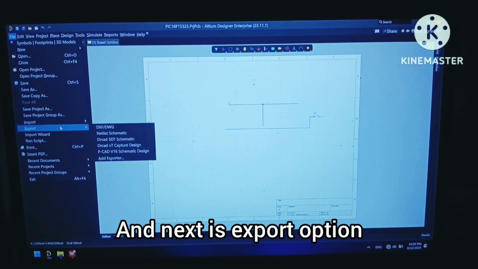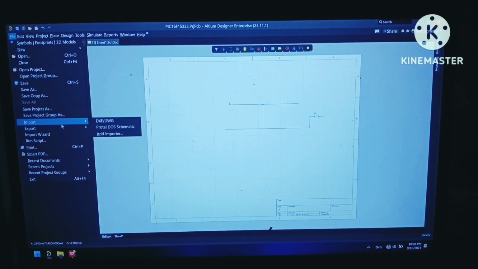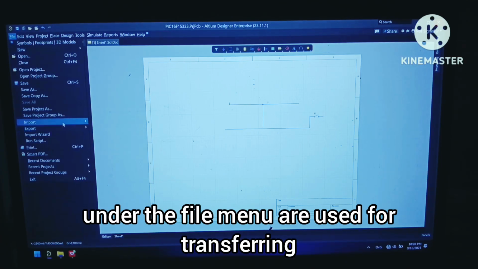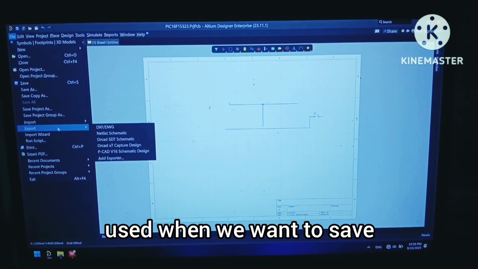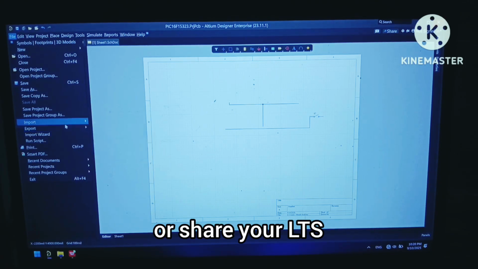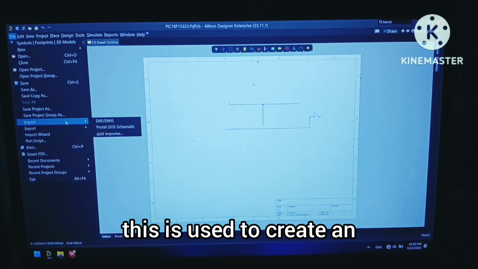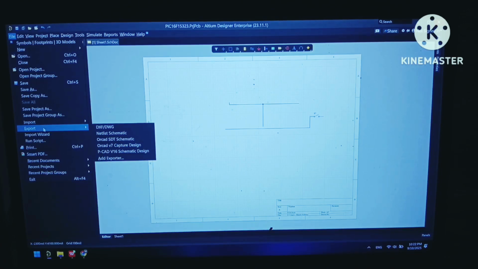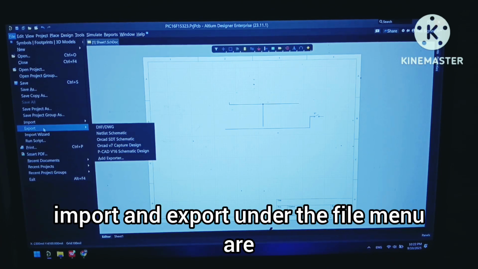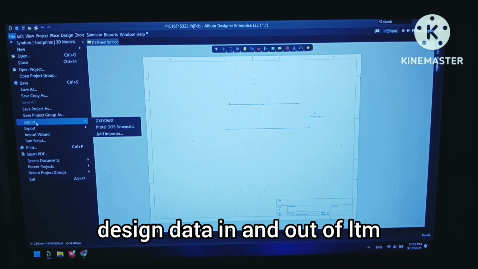And next is export. In Altium Designer, import and export under the file menu are used for transferring design data in and out of Altium.